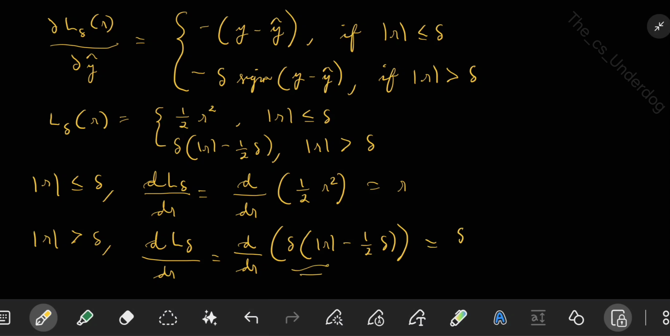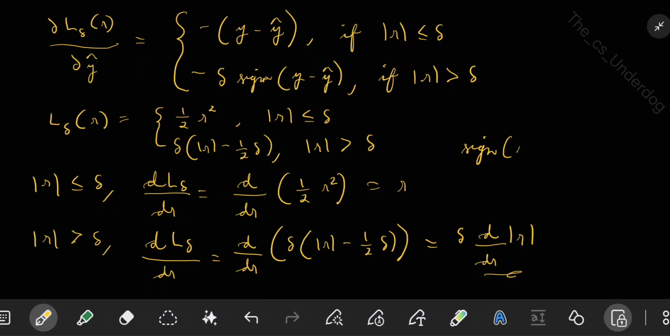So delta we'll take outside. Then you need d by dR of mod R. What is d by dR of mod R? This will be sign R, right? Sign means sign of R. When I say sign, here also I put sign. I didn't explain what is sign. So when I say sign,